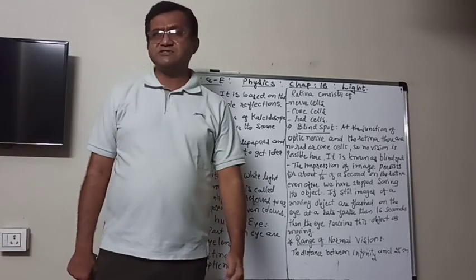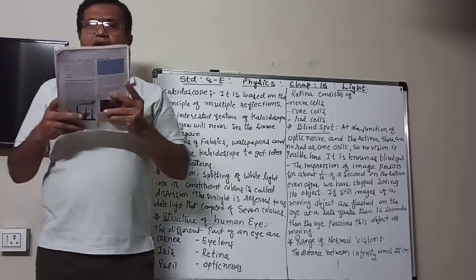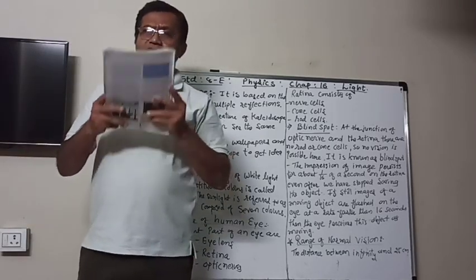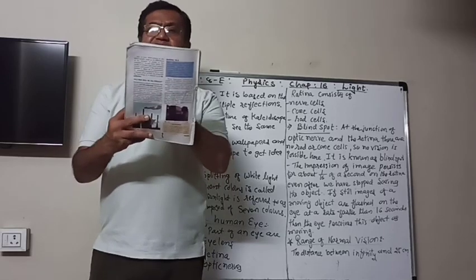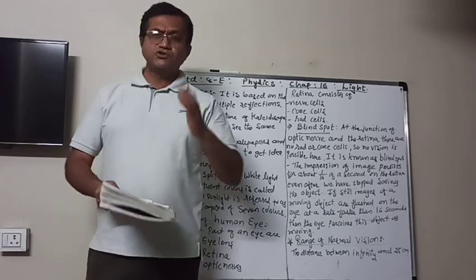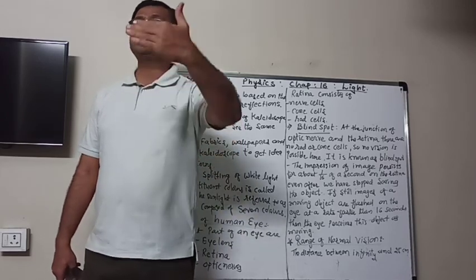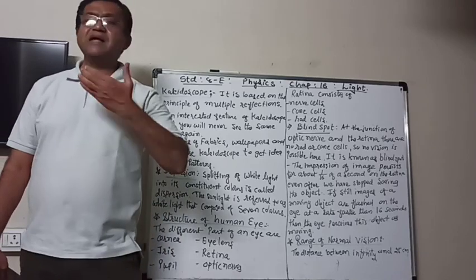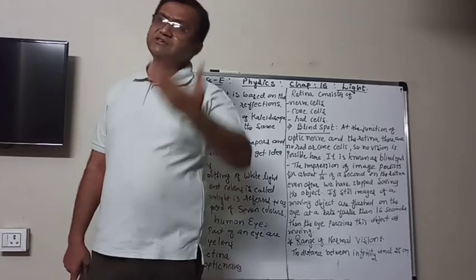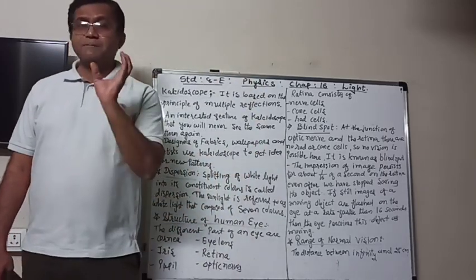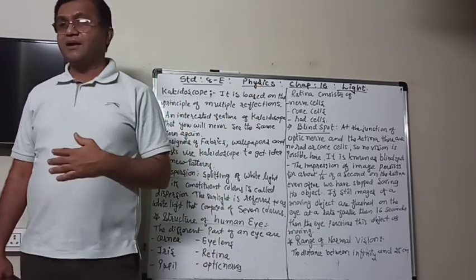Now, the range of normal vision. If you try to read a book very near to your eyes, will you be able to do it? No. At least you have to keep a 25 centimeter distance. So you can see objects only at 25 centimeters or farther, not less than that, and far away you can see up to the sky, meaning infinity. So the range between 25 centimeters and infinity is called the range of the normal eye.